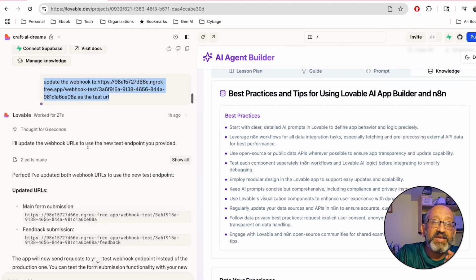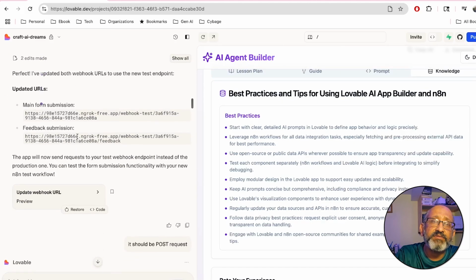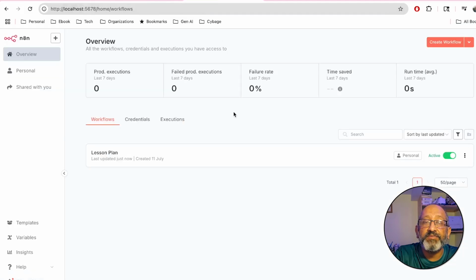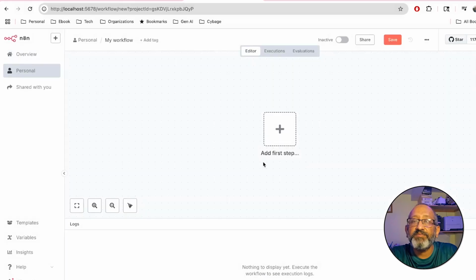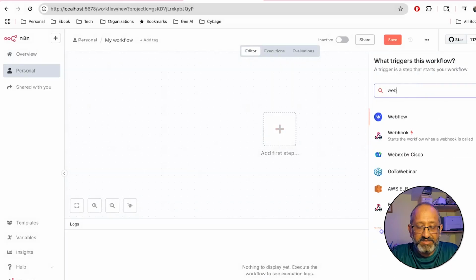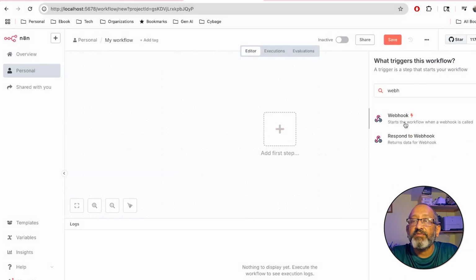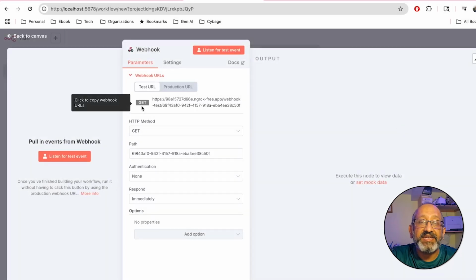You can see I had to iterate a little bit, because I was thinking originally when I started the webhook. If you start a webhook, I'm going to show you what happens. Go to this workflow builder, and if you just start a webhook, right away it gives you GET.